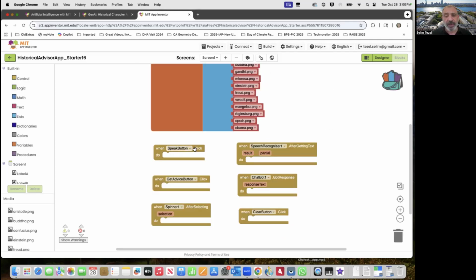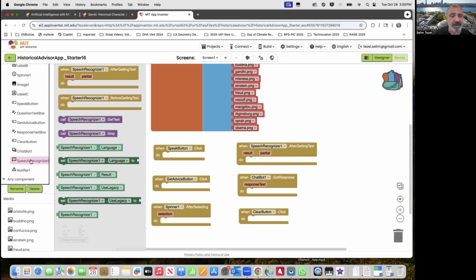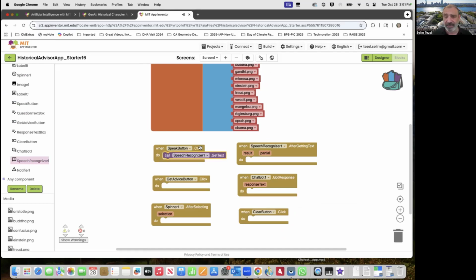So when the speak button is clicked, what we want to do is invoke the speech recognizer, and we're going to ask the speech recognizer to get text. Okay. So what's going to happen is your voice is going to be captured, and the speech recognizer is going to send this to Google so that it can get a text of that.